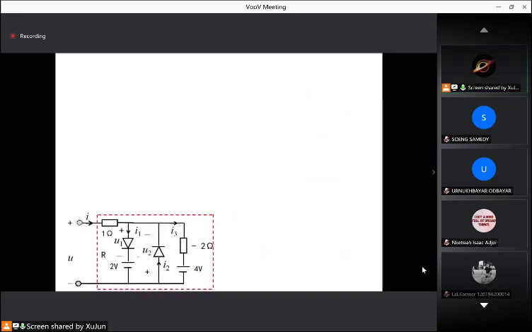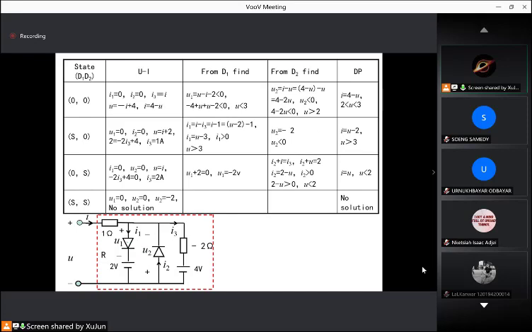For the circuit, at first we assume these 2 are open. Because diode 1 open, diode 2 open, so this will be 0. I1 is 0, I2 is 0. So the I3 will equal to I. This means this current flows in this path. So the total U, this is U, equal to 1 ampere multiply I